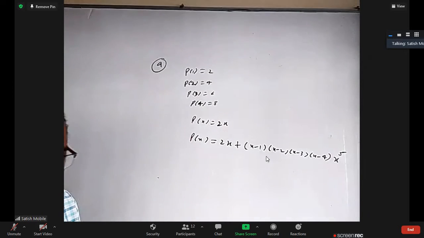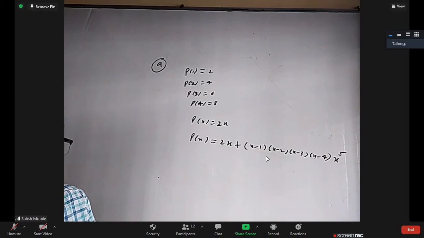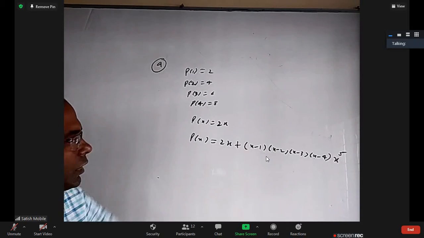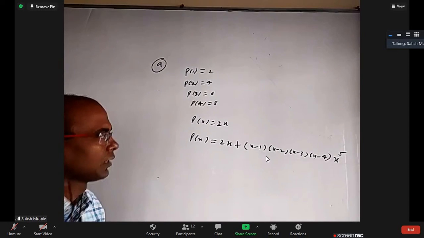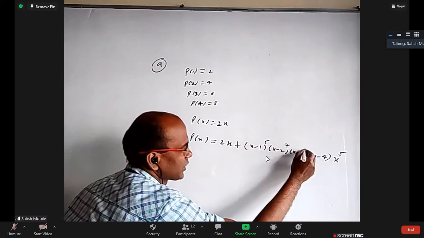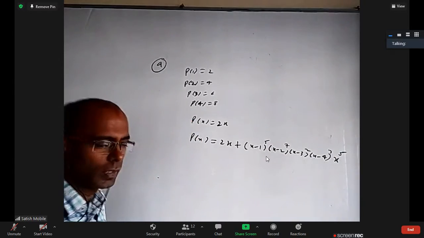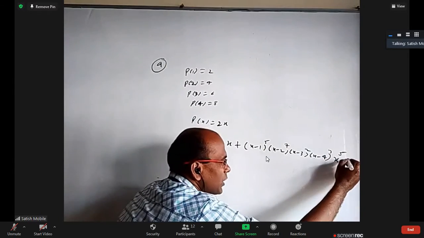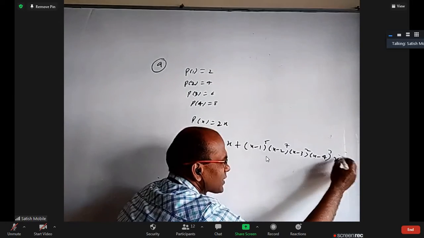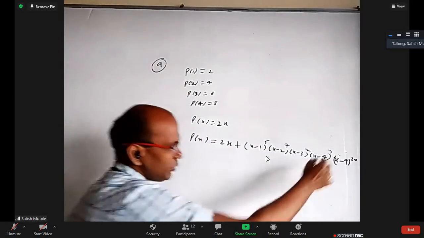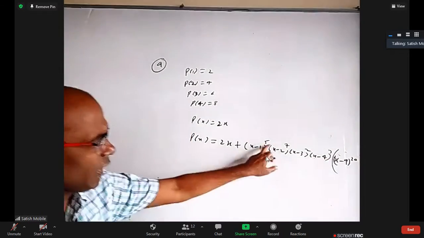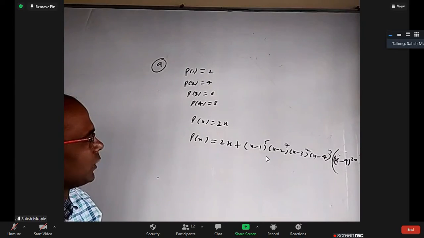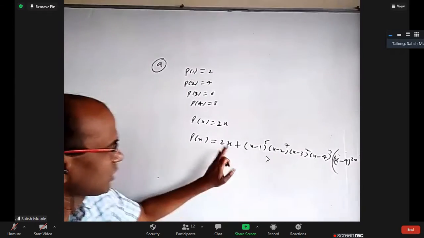Now tell me, what is P of 1? 2, sir. 2, because this is 0. P of 2 is 4, P of 3 is 6, P of 4 is 8, right? I can put power 5 here, power 7 here, whole square here, whole cube here. And instead of x power 5, I can multiply with some (x minus 9) whole power 20. You multiply with whatever you want afterwards, I don't care. And these powers you can keep whatever you want. P of 1, this will be 0, answer will come 2.